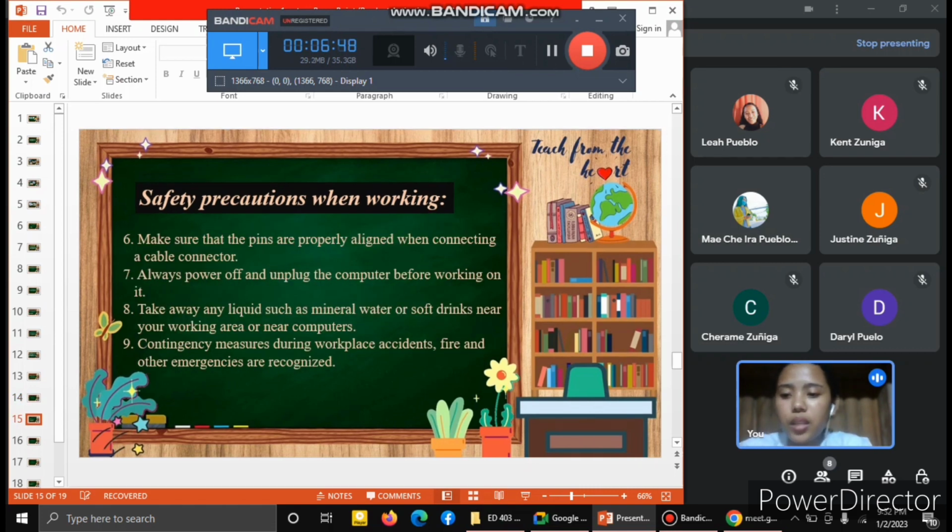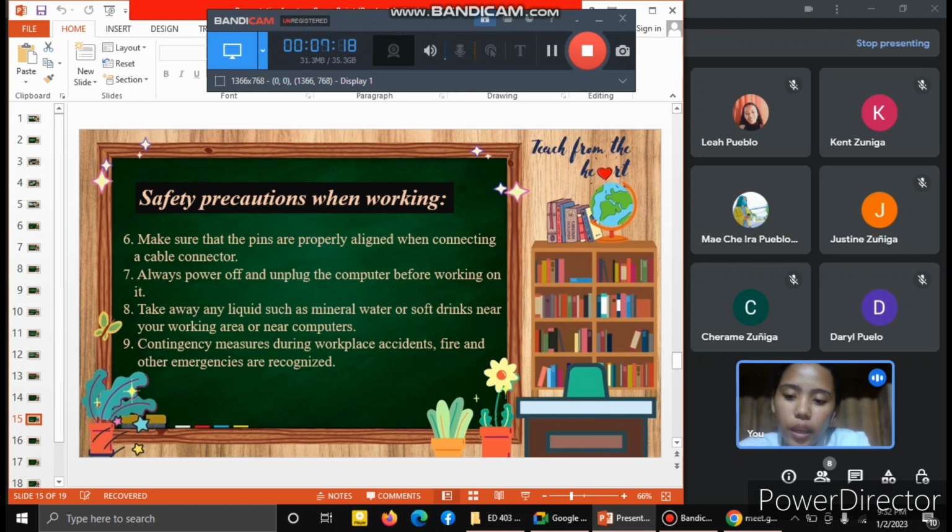Number 6 is make sure that the pins are properly aligned when connecting cable connectors. This is very important in holding the pins properly, and also always power off and unplug the computers before working on it,